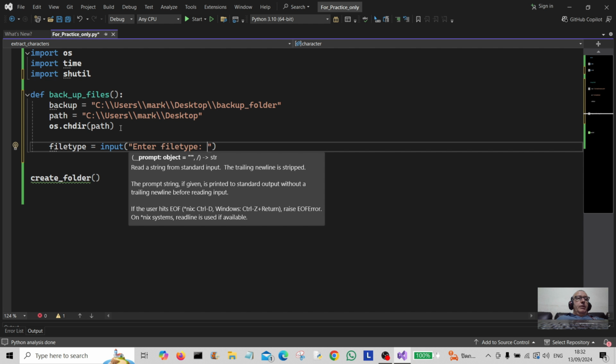.bmp, not BNP. That was the British National Party a long time ago. Anyway,